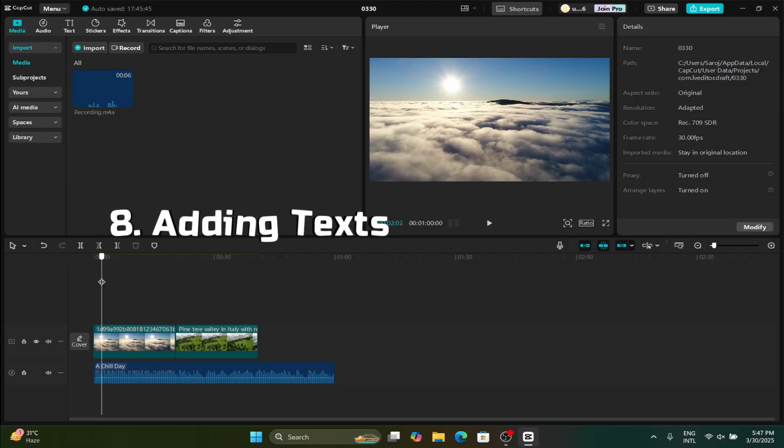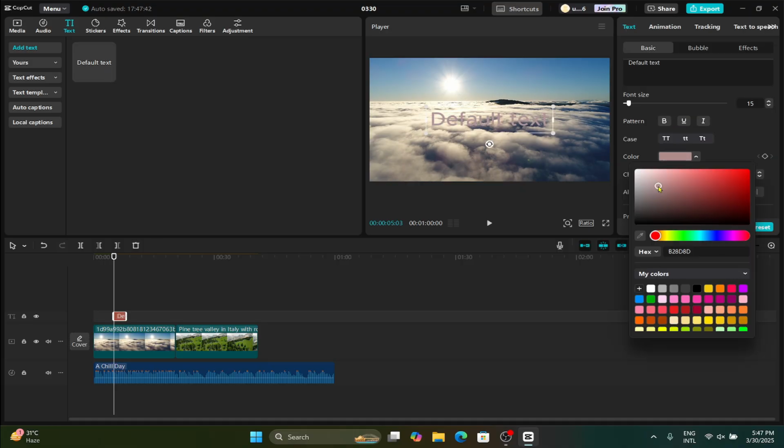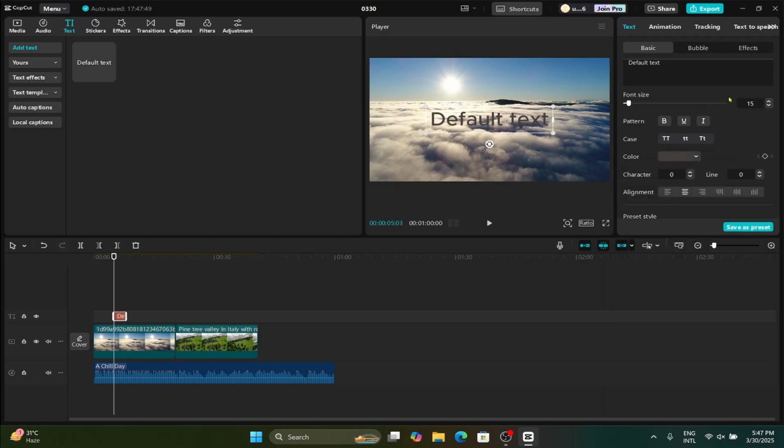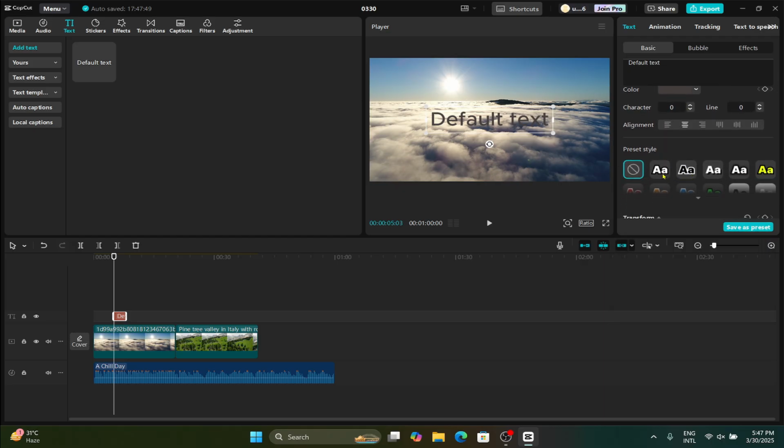If at some point you would like to add a text element, then at the top section you can find the text option. Go ahead and click on it, and you can now add your desired text layer. You may use the default text option to add a default text, and then you can change the text elements by yourself. From the top right corner, you have various different preset styles that you can use as well, and